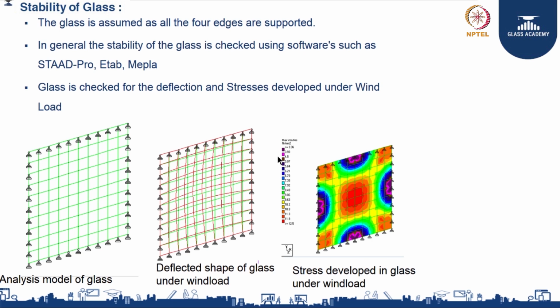You apply all the loads and criteria in the software and you check the design. If you see it is 4-sided, and in the images they tell you how much the glass bends, giving the minimum and maximum values wherever it bends, and they also give spots. You can see the severe spot where the bending happens: the red color is where the maximum is, and the green ones are in the safe zone. So, like this you get the stress check as well.